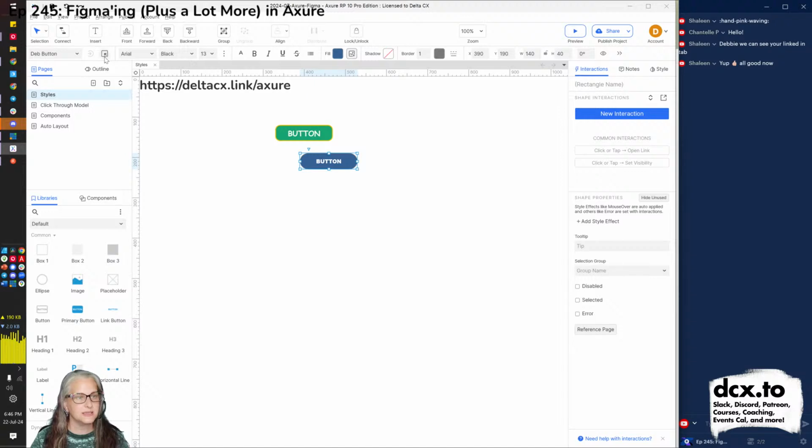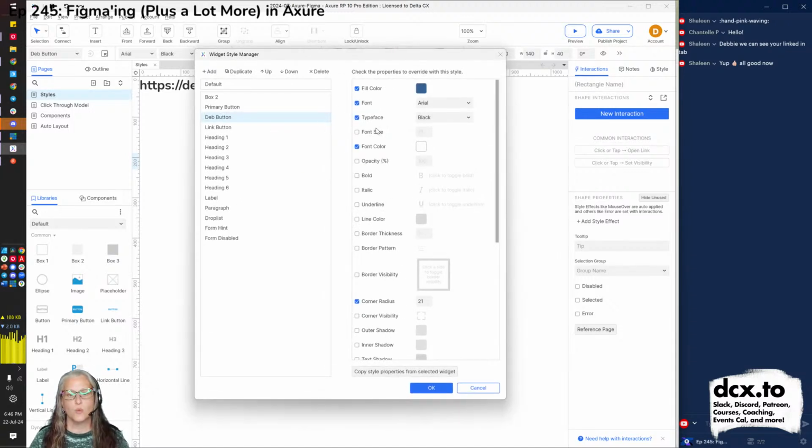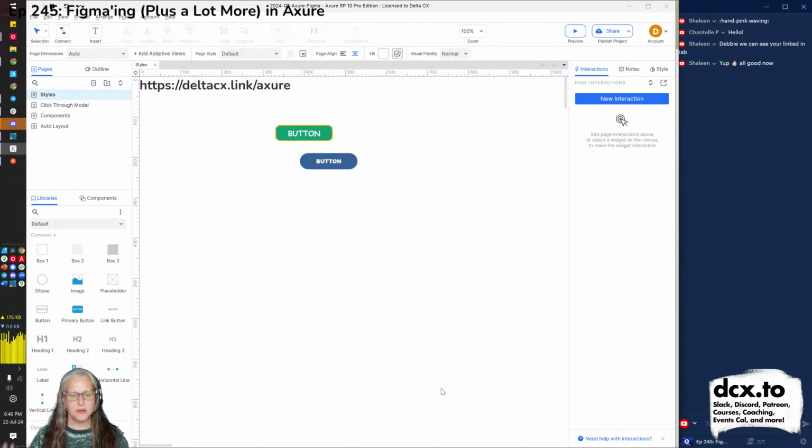So if we go back to this Deb button, we can see we didn't say the size. So Axure says, well, the button before you did the hover was 18. We'll just leave it. You didn't tell us to change it. This isn't selected. Okay, fine. Border thickness. You didn't tell us that the border is 0 or 4 or whatever. So we just inherited it. We kept it. If you want to be more specific, we could then change it where this border is 0, just so we can see this in action, and this font size is 13. This doesn't make sense design-wise, but I'm just showing you how it works.